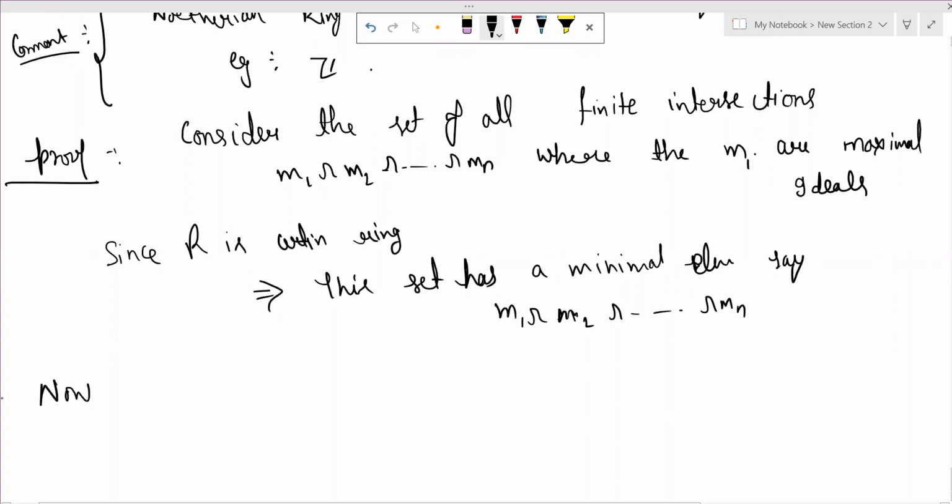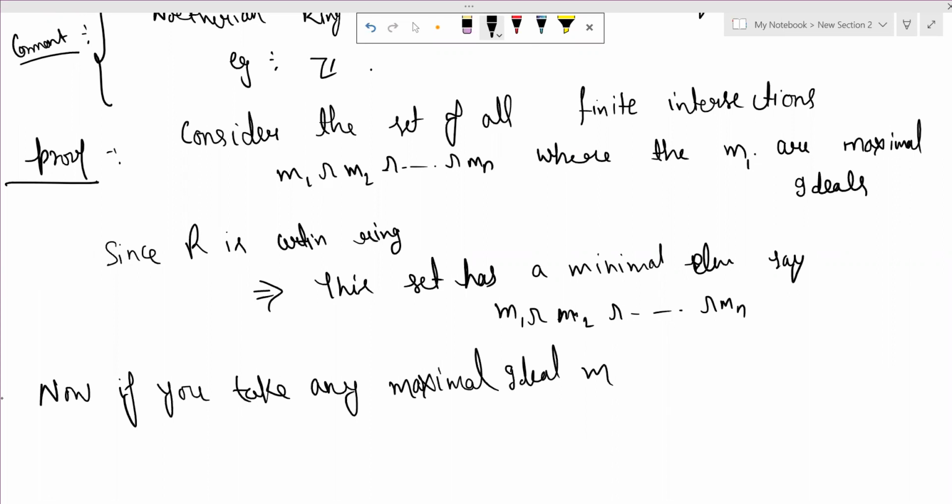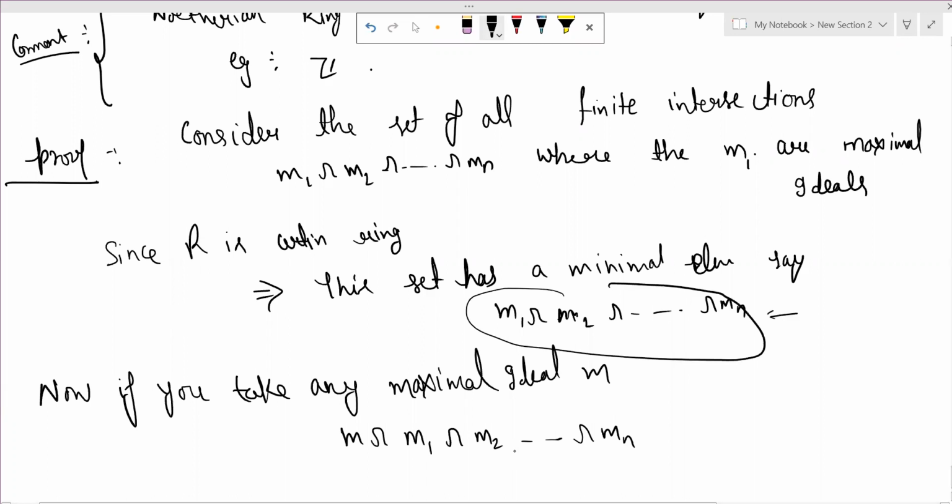If you take any maximal ideal M, then what can you say about M intersection M1 intersection M2 intersection ... intersection Mn? This one, M1 intersection ... intersection Mn, is minimal in the set of all finite intersections of maximal ideals. And this one is also a finite intersection, right? So since this one is minimal among all finite intersections of maximal ideals,